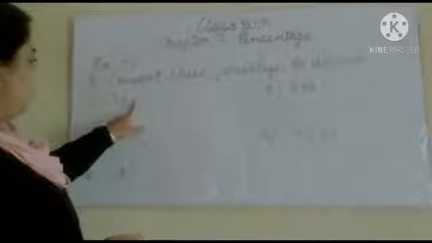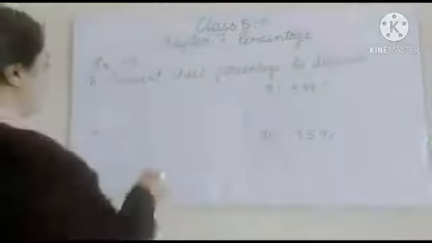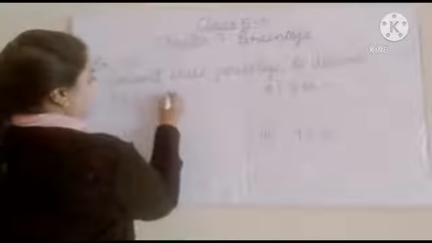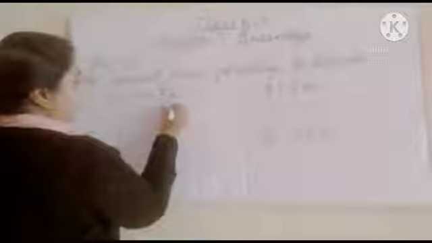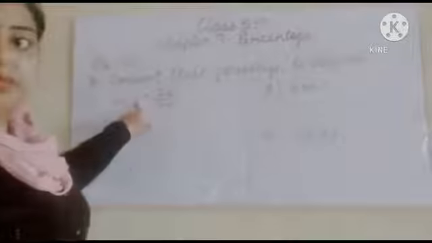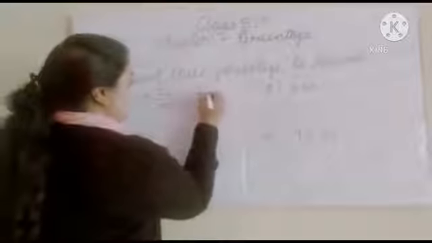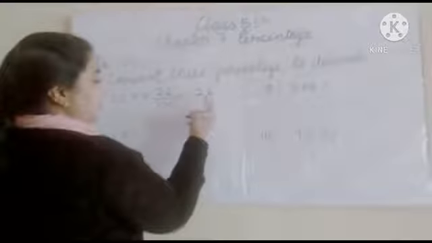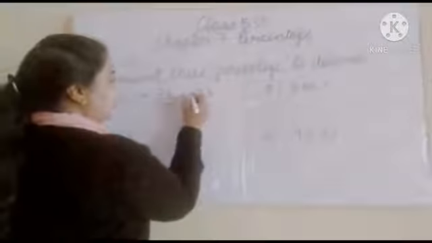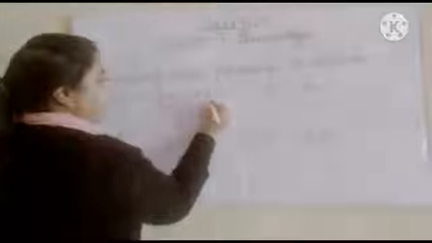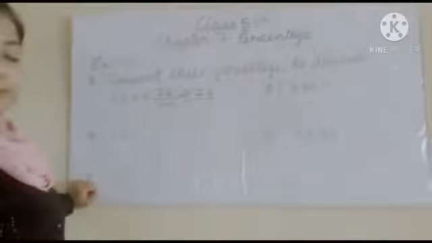So first is 26%. Now we want to remove this percent sign, so we divide by 100. Okay, first we write the number and then we divide by 100 because we remove this percent sign. Now we change into decimal. So first we write the number, and how many zeros are there? 2. So we place decimal before two numbers, 1, 2 and here. So the answer is 0.26.